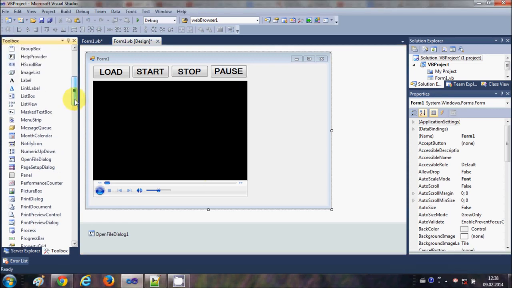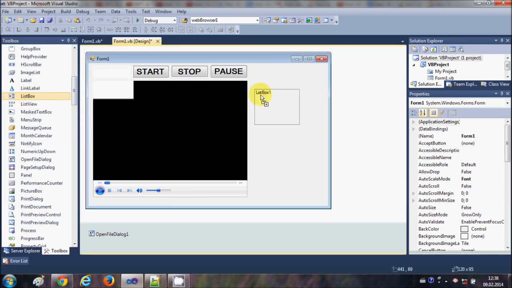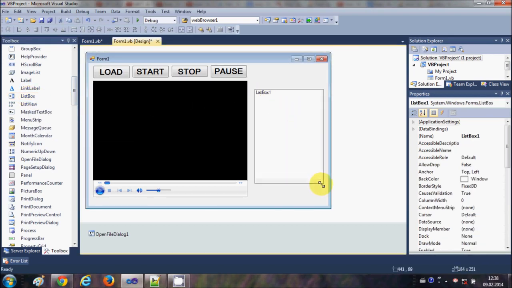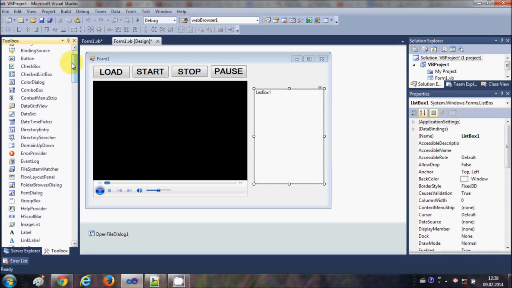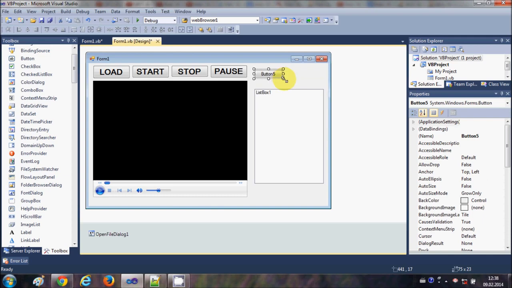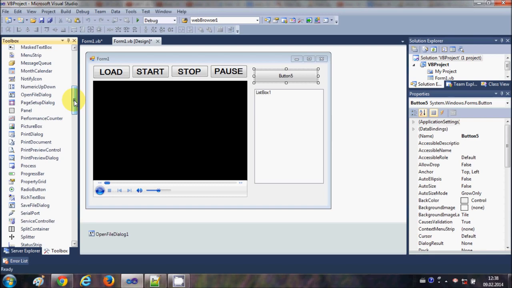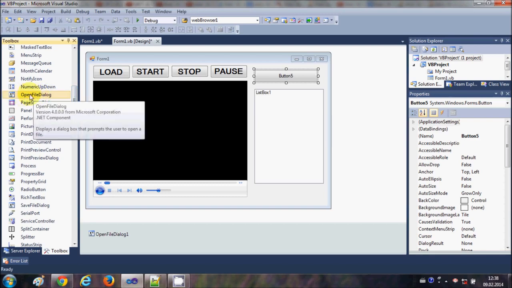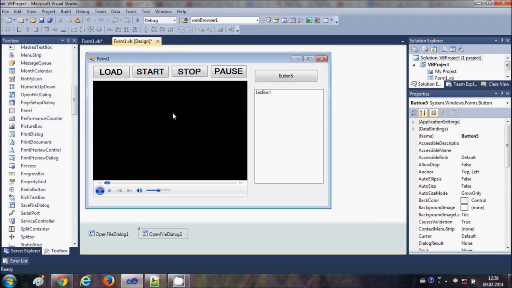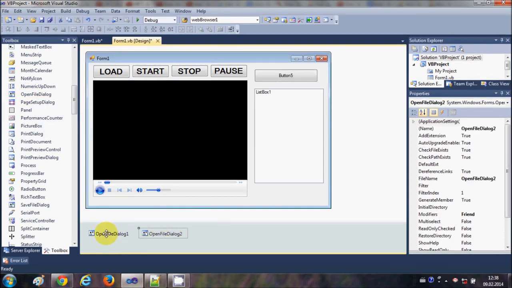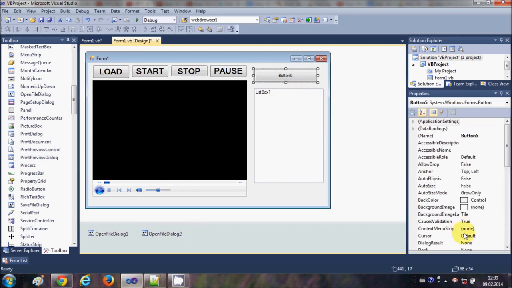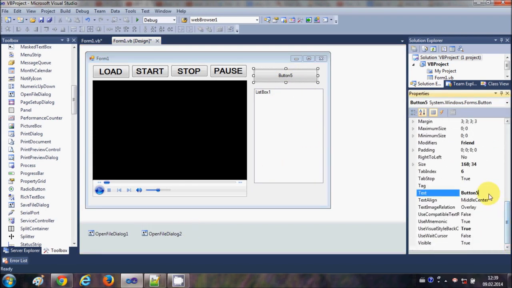First of all, I will take a list box and drag and drop it into my form, and I'm going to take a button to load the list. Once again, I will take an open file dialog to open and select the files. So I will drag and drop the open file dialog into my form and it will go here. This was the open file dialog from the last video, and this is a new open file dialog, OpenFileDialog2. Now I will change the name of this button as